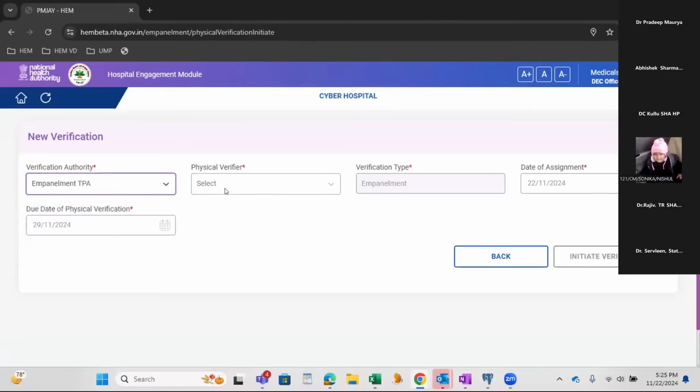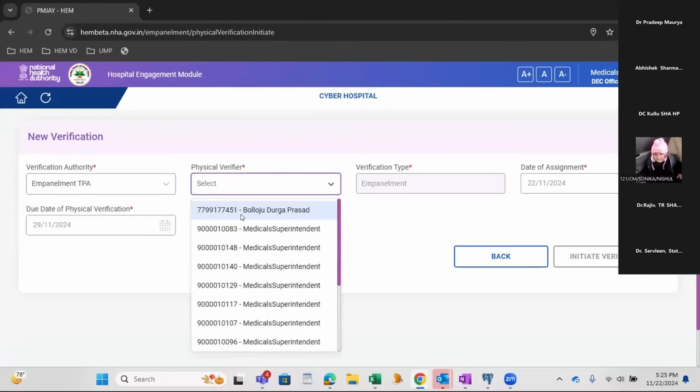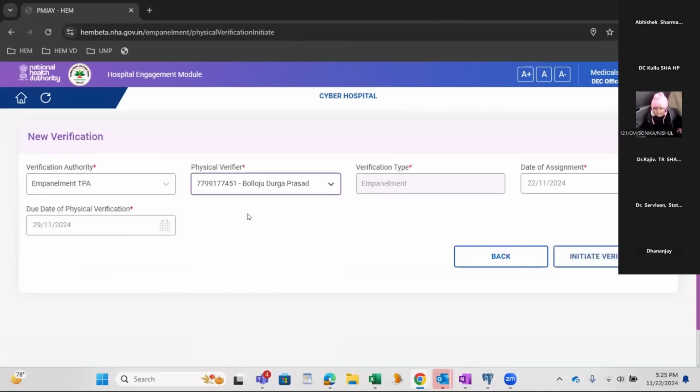If I select TPA physical verifier, these are all the physical verifiers under TPA. I select one of the TPAs for which I have user credentials, and the date of assignment and due date of physical verification will be auto-populated within 7 days of assignment.